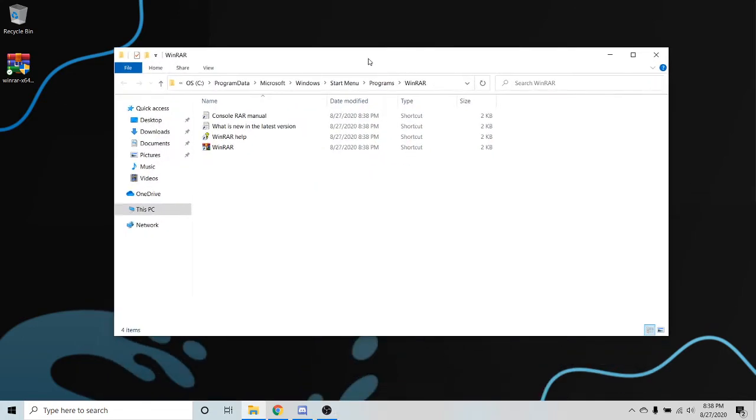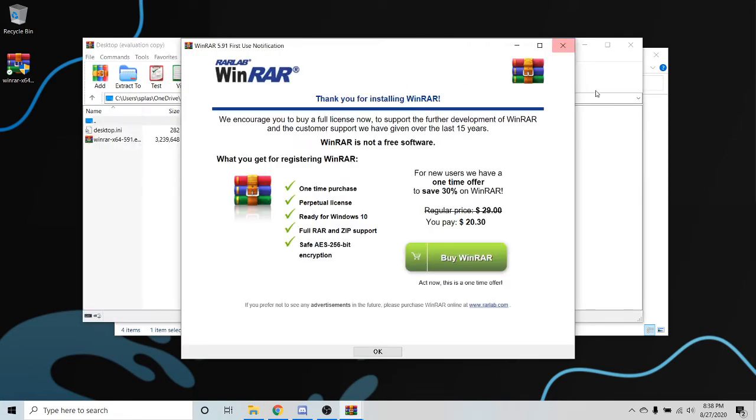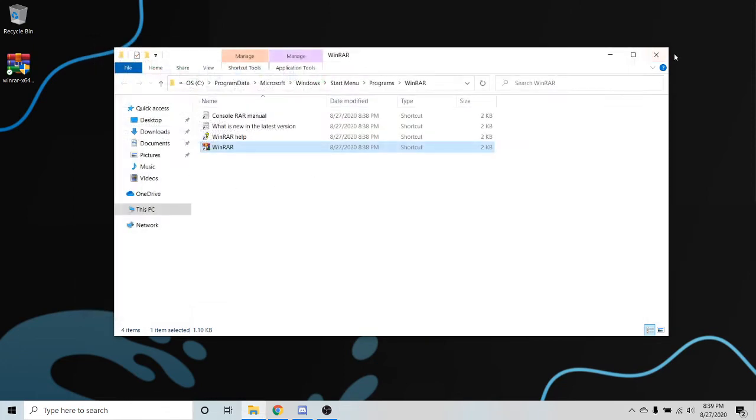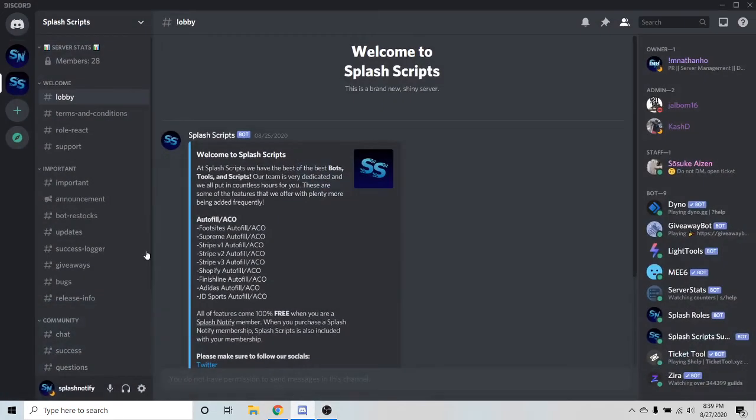So it'll automatically open, and double click to open this WinRar application to make sure it's downloaded. When you open it, there'll be a pop-up asking for you to renew or pay for a membership to use WinRar, but all you have to do is click X and you can automatically continue to use it. So now that you made sure it's installed, you can close both of these windows and go to Discord,